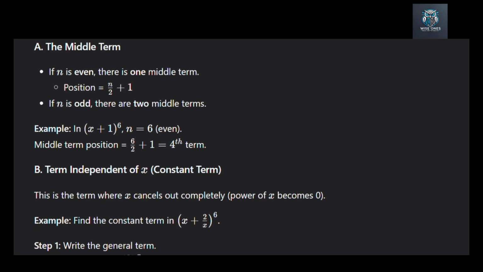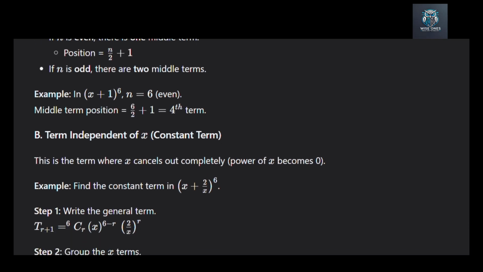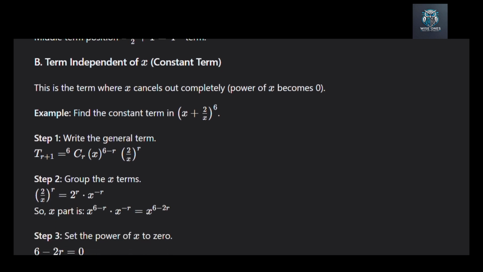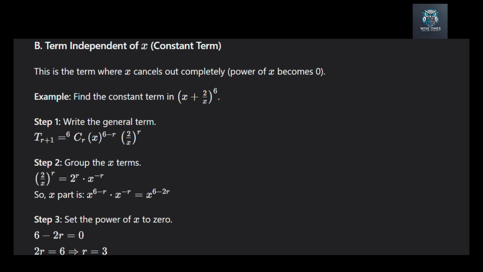This is also called the constant term. This is the term where the x disappears completely. This happens when the power of x becomes 0. Example, find the constant term in (x + 2/x) to the power of 6. Step 1. Write the general term. T(r+1) equals 6 choose r times x to the power of 6 minus r times (2/x) to the power of